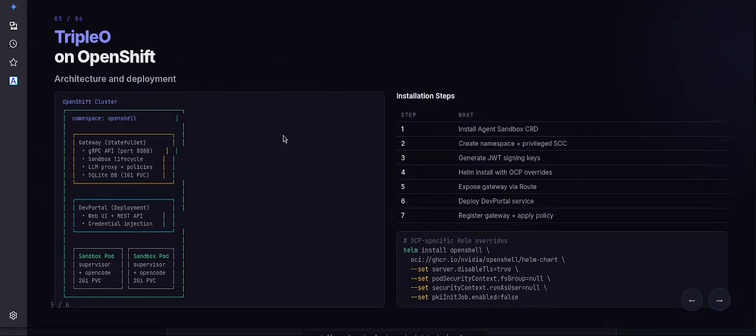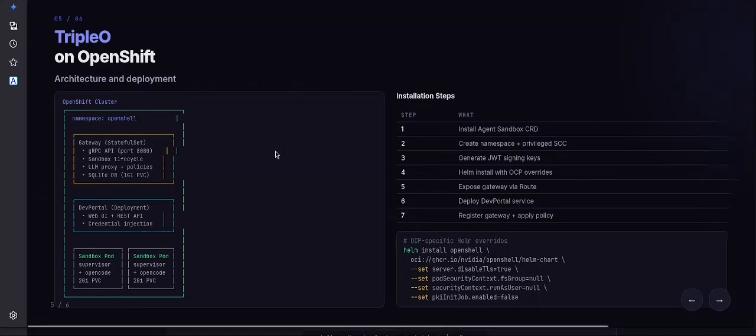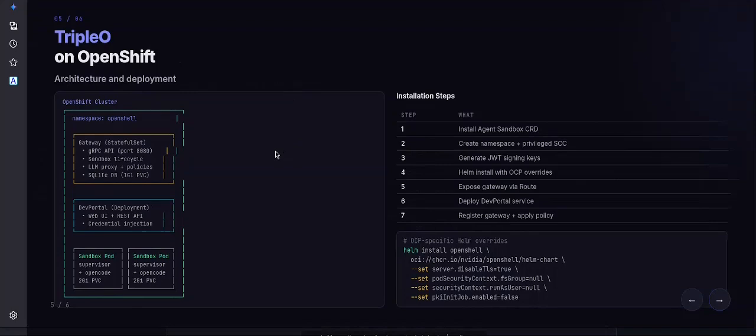For better user experience, we have a Devportal that the user can use for managing their sandboxes, creating them, deleting them, injecting environment variables there, uploading and downloading code from them. Because, as I said, the sandbox doesn't have mounts. When you want to use code there, you need to upload and download back.